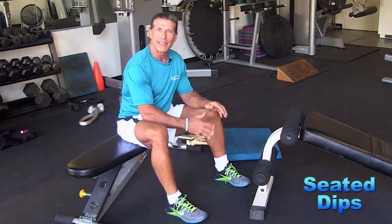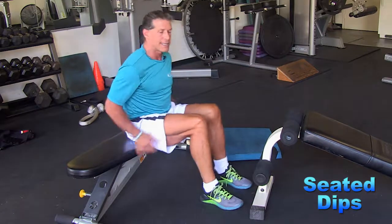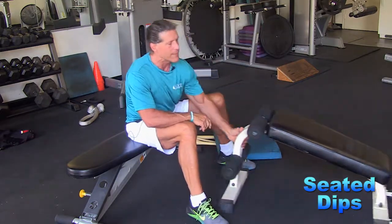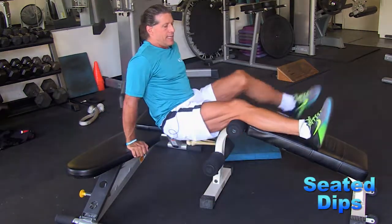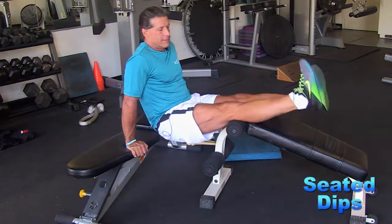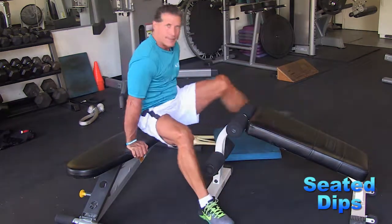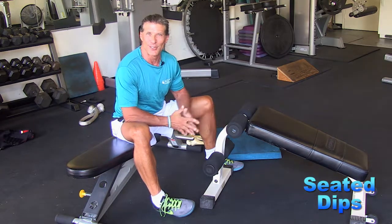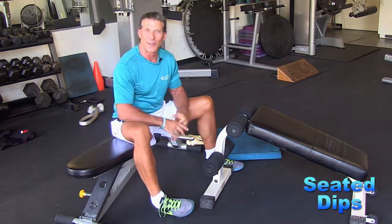Start your clients very easy right here on the bench using their legs, then lift their legs a little bit. Don't put weight on. If you really wanted to put weight on, you'd have to support the knee and then put the weight on the thigh. Or if you're working out at a gym that has a dip machine, just use the dip machine, and then you can control the amount of weight,